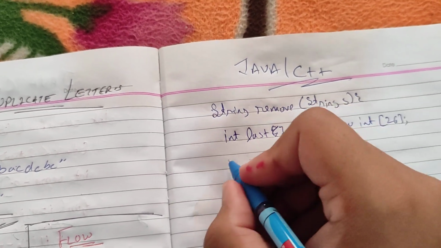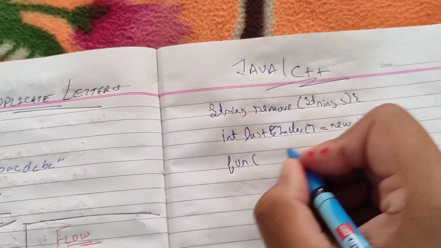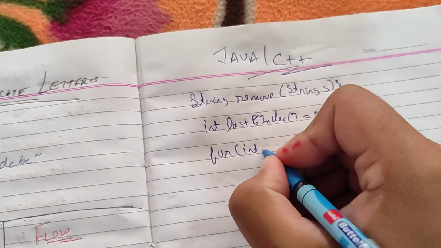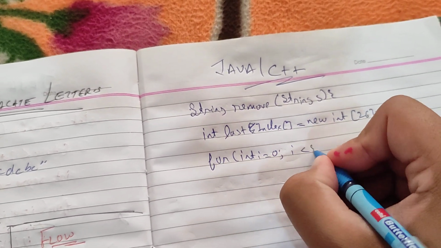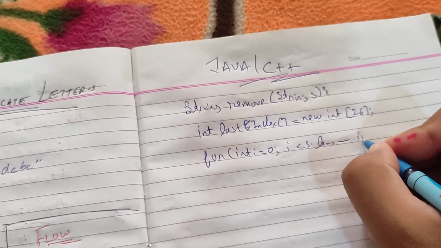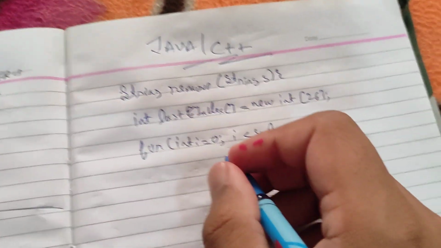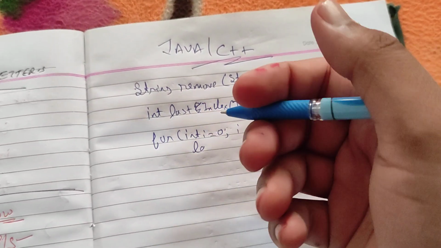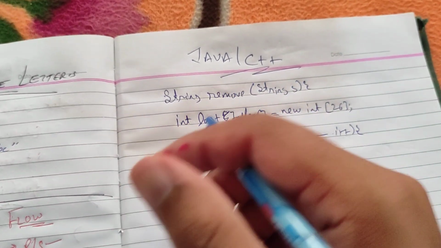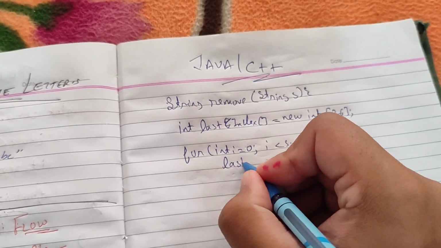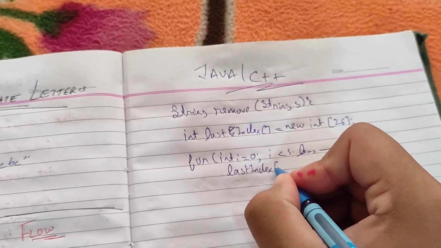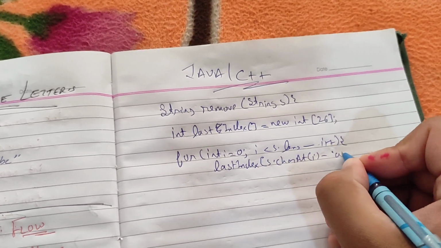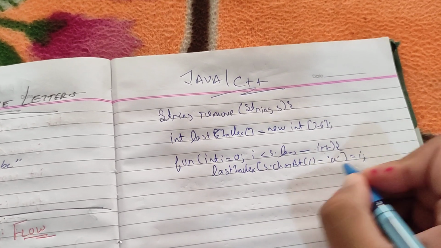Okay, ladies and gentlemen. Now I will run a for loop to fill my last index. First of all, I have to track the last index presence of each character. So I will say for int i equals 0 till i less than s.length, i plus plus. Now I have to remember how I can check this value or that value. For that I will use the ASCII value. So I will say last index of s.charAt(i) minus 'a'. By doing that, I will get their ASCII value.